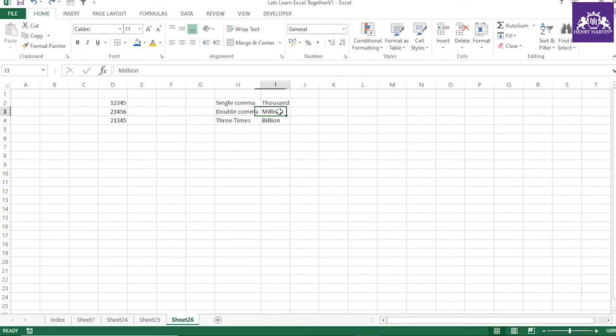If I talk about million, let's do one value for million, like 1 2 3 4 5 6 7 8. So this is the value. You can say this is the thousand separator, and this is the hundred, and this is a 100,000, this is a million, guys. So how can you find out this is a million? This last one is the hundred, and this is the thousand, and this is the million. So how will we